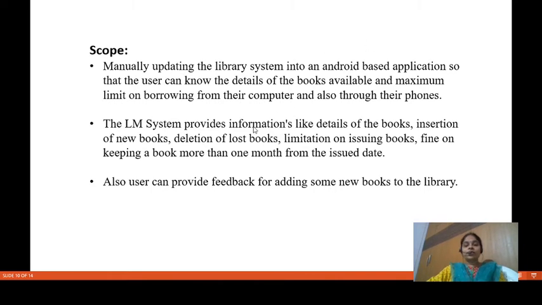It also provides information like details of the book, insertion of new books and deletion of lost books, issuing the books, and keeping book updates. And the user can provide feedback for adding some new books to the library.